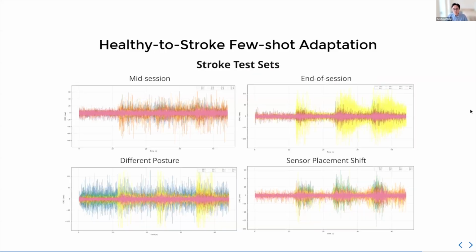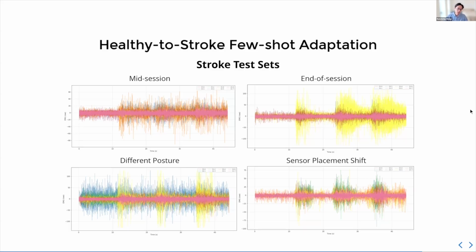And the data set we have is also a slightly out-of-distribution data set, because we want to test more realistic use cases under fatigue, under different postures, and under sensor placement shift. So these are the visuals I showed you earlier. These are actually our stroke test set. It's not enough to be accurate in this one fixed position.